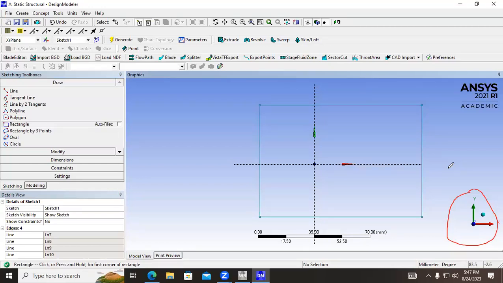Go ahead and draw a rectangle. It should be somewhat centered on the origin. It doesn't have to be exactly centered on the origin. It just has to be close enough. We're going to dimension this in a second. But for now, just go ahead and draw a